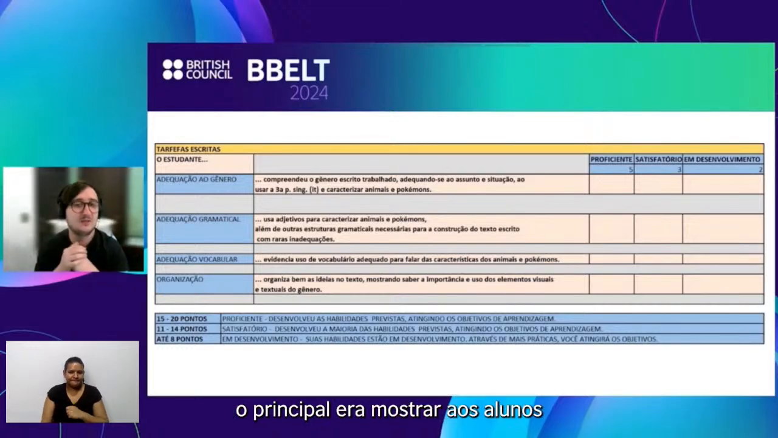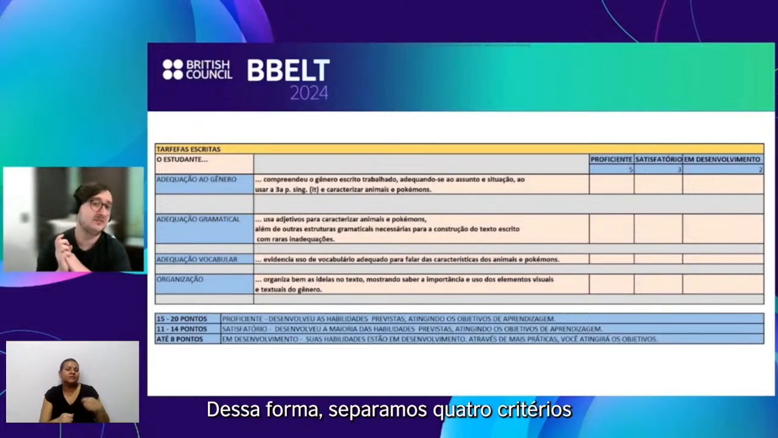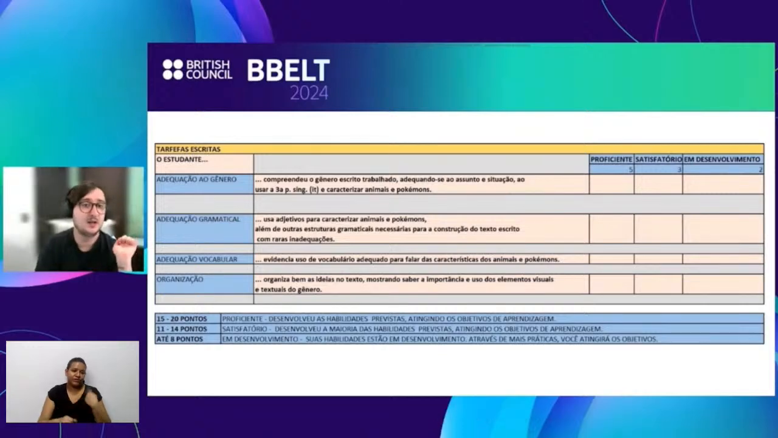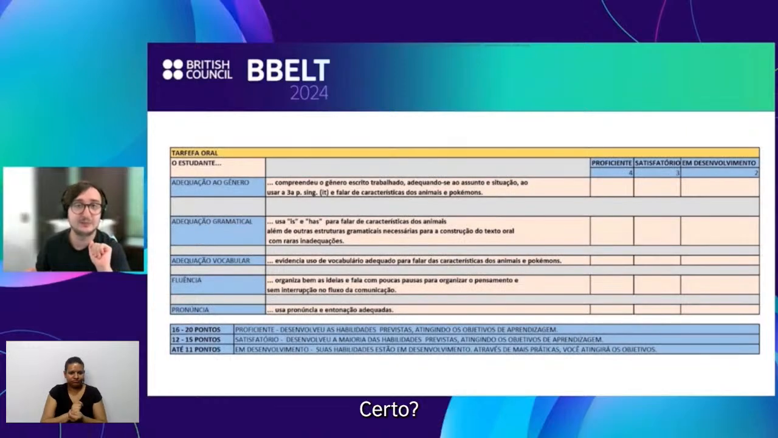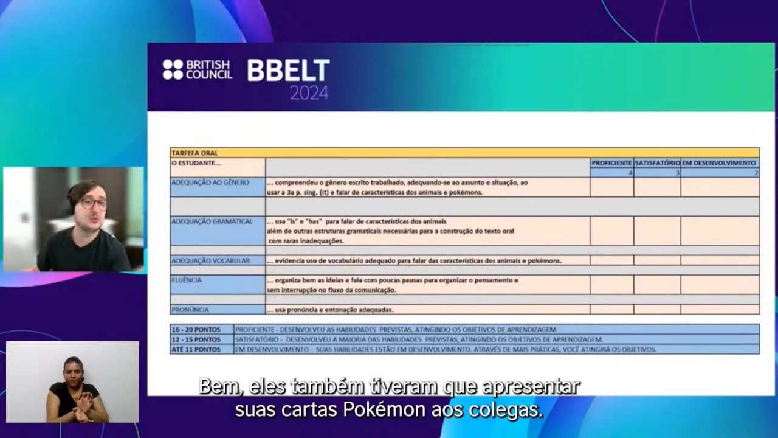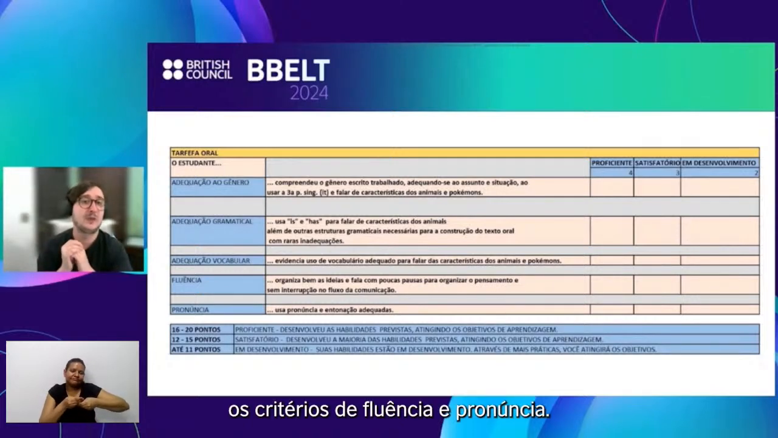The focus of this is really showing students what they need to improve. So we divided it into four criteria: genre adequacy, grammatical adequacy, vocabulary adequacy, and also organization. Here we're talking about the Pokemon card, right? But then they also had to present the Pokemon card to their classmates. So again, it's the same structure. The difference here is that we put it in this speaking task,